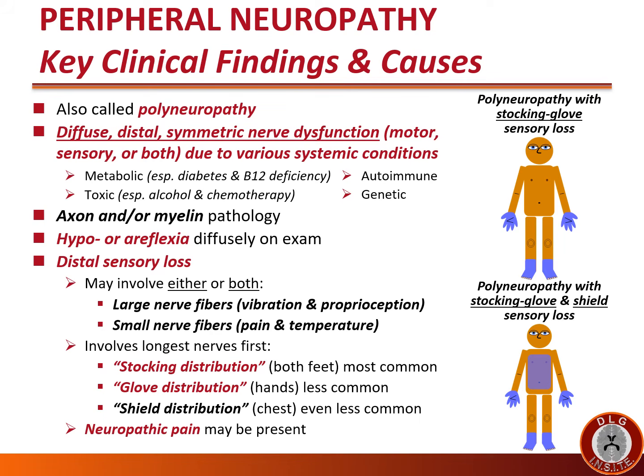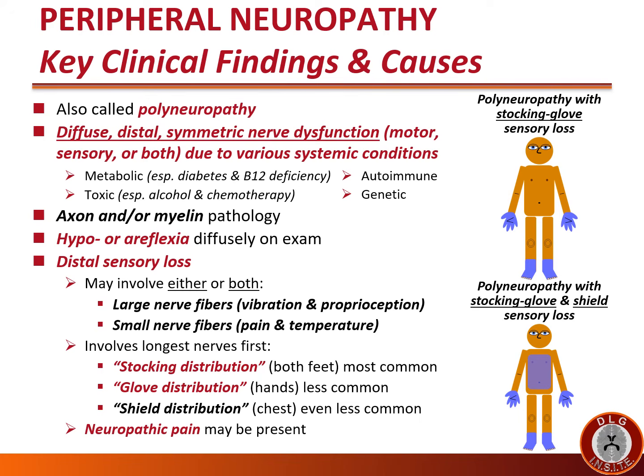locations on the nerve. In general, in people with peripheral neuropathy, the key clinical findings will be decreased reflexes, hypo or areflexia, diffusely on exam, and distal sensory loss, perhaps associated with neuropathic pain. The distal sensory loss can involve only vibration and proprioception or pain and temperature or both, because there are different nerve fibers serving each. The large nerve fibers serve vibration and proprioception. The small nerve fibers serve pain and temperature. So you can have a large fiber peripheral neuropathy or a small fiber